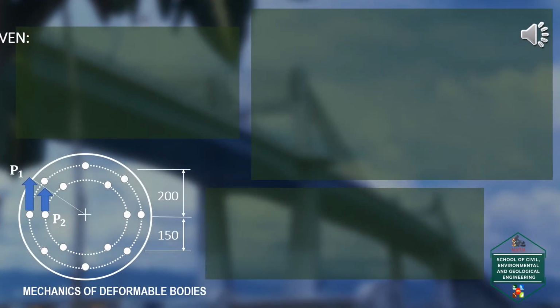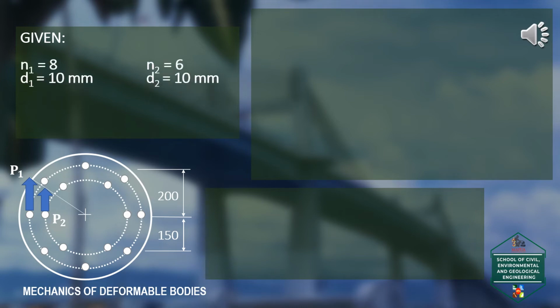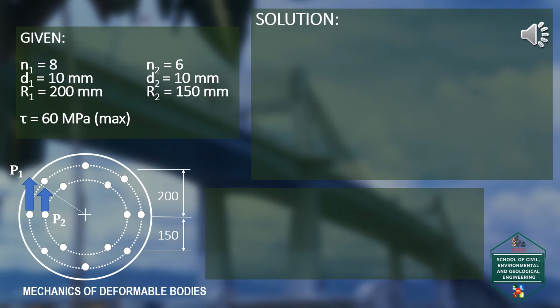Laying out first the given values in the problem. We have N1 equals 8, N2 equals 6, D1 equals 10 mm, D2 equals 10 mm, R1 equals 200 mm, R2 equals 150 mm, and tau equals 60 MPa. So to solve a problem like this, we must first interpret the problem and know what to solve for. In this case, we are asked to find the torque given a restraint of maximum shearing stress. Therefore, we have to find the individual shear force that can be generated given the restraint of maximum shear stress,